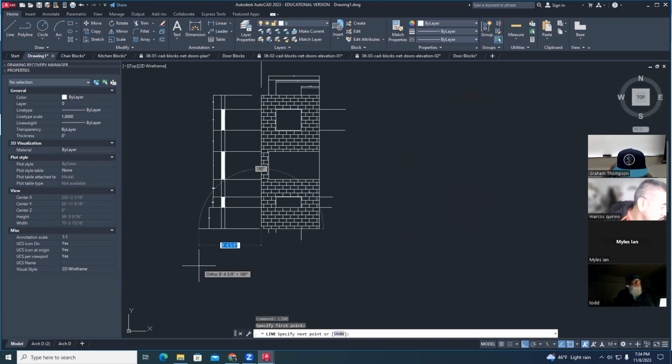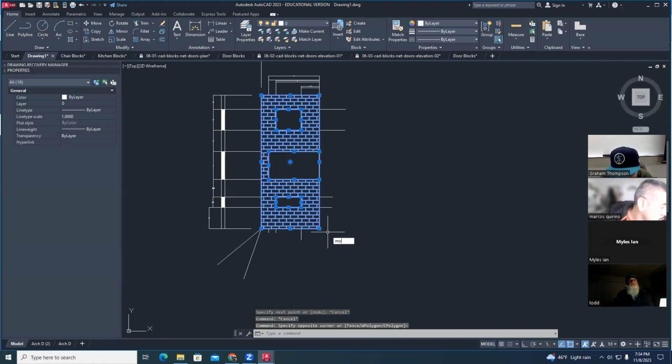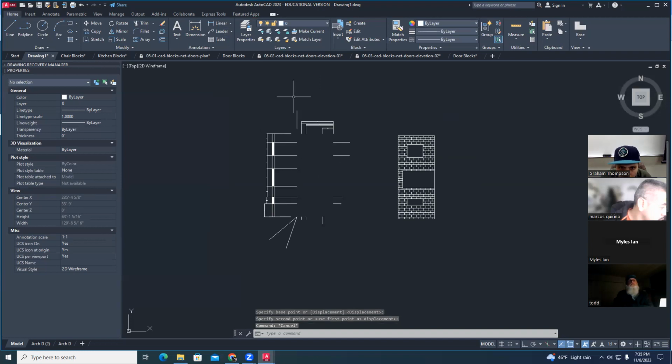My little diagonal coming off of here, take my ortho off. My little double diagonal. So now when I move this, I've got a corner spot to copy back into or to move back into. So move this over. I can then wipe out all of this construction garbage that I don't need anymore